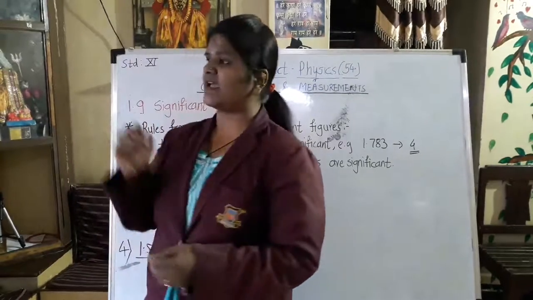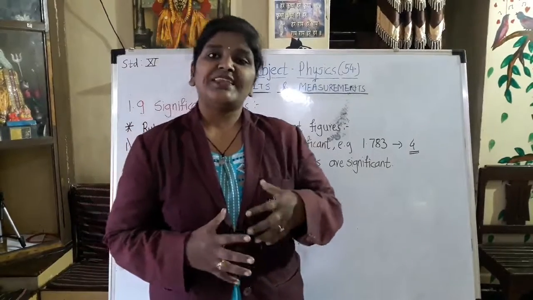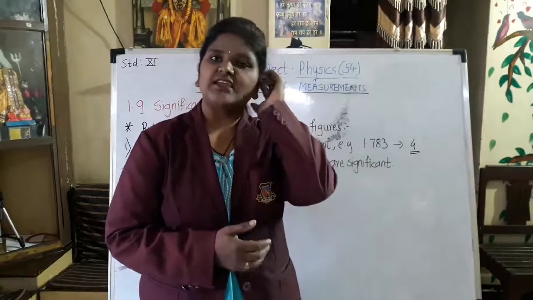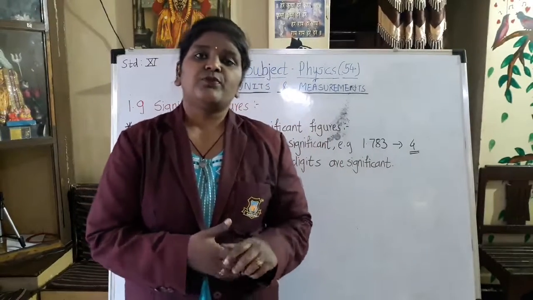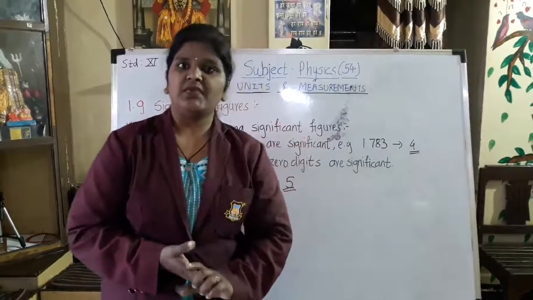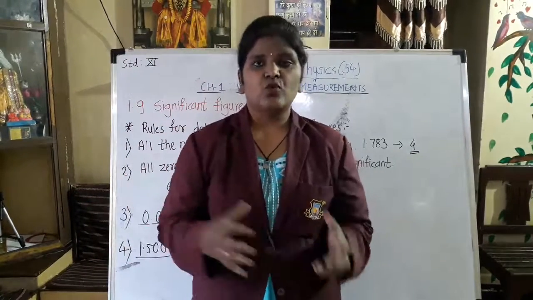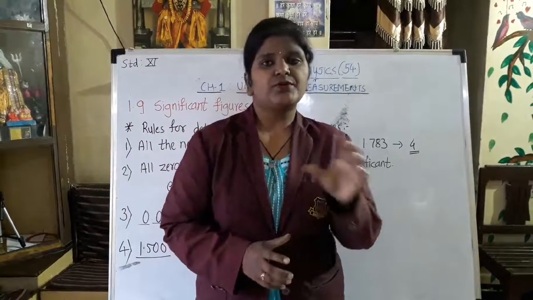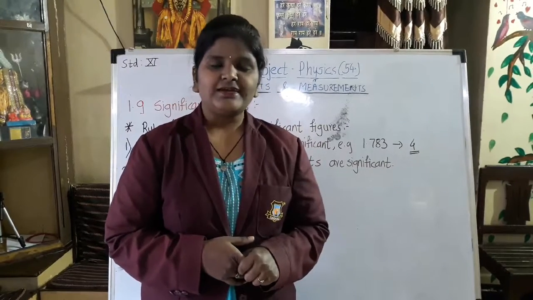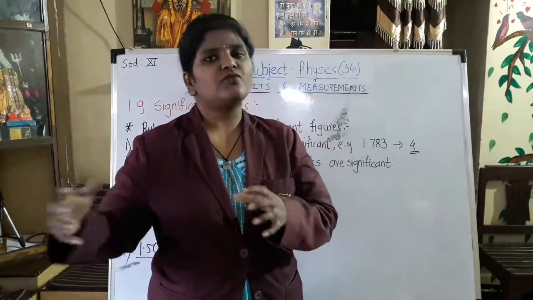Now before moving towards that, as you have already studied about the errors, many kinds of errors are there while we are performing an experiment. We have also seen how to avoid those errors. Before avoiding errors, we saw a basic concept, which is mean values. While performing an experiment, we took a number of readings, right? To take only one reading, or to calculate the most probable value, we used to find the mean of the values. So that mean value comes out to be of many more digits.